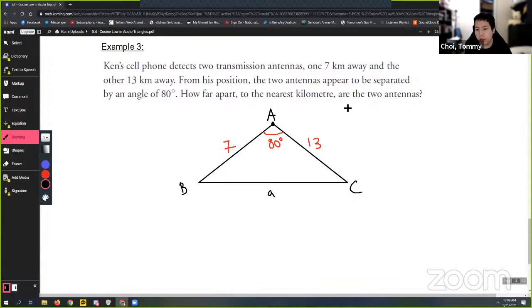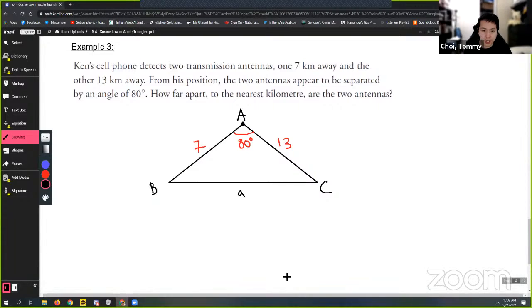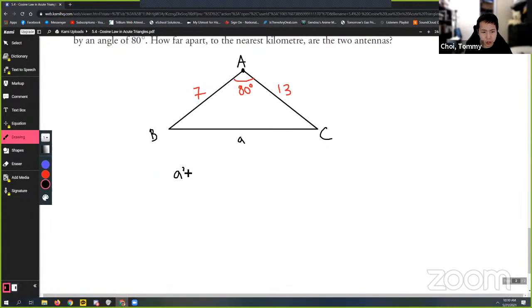And it asks us how far apart are the two antennas to the nearest kilometer. And so that's the distance across between the two antennas. And as I label the triangle with capital A, B, and C, we are looking for side a, essentially in our diagram, right? This length between these two antennas. So now that we have this information and we're solving for a side length, we can use our side length cosine law equation. So a squared equals b squared plus c squared minus 2bc cosine of A. So this was our formula here,